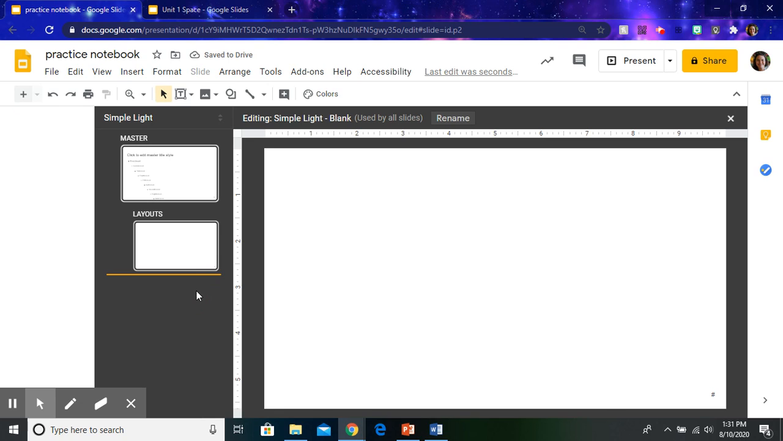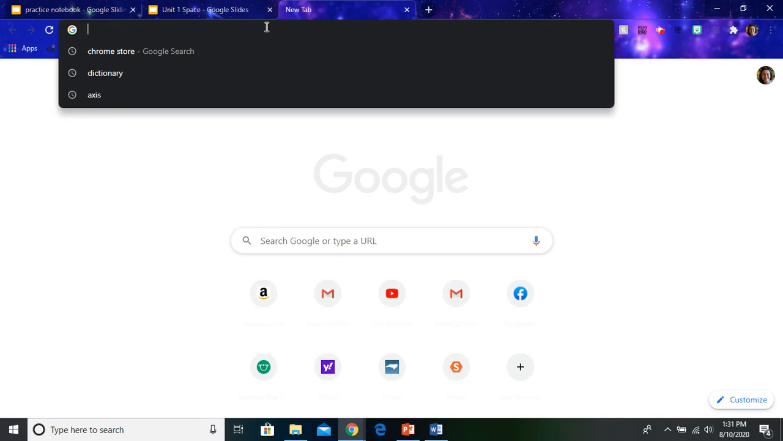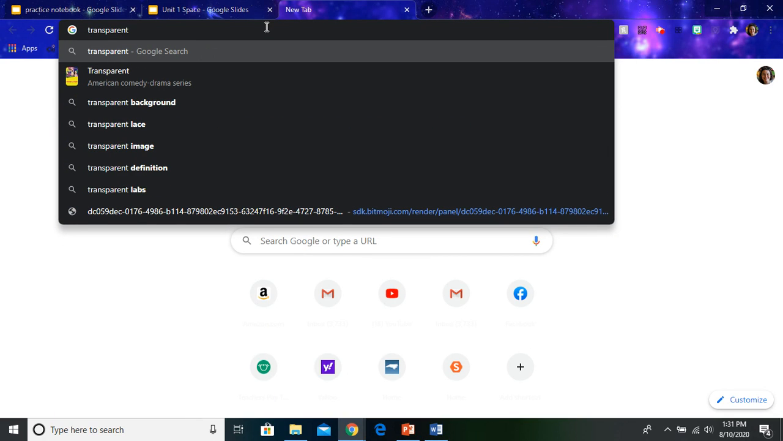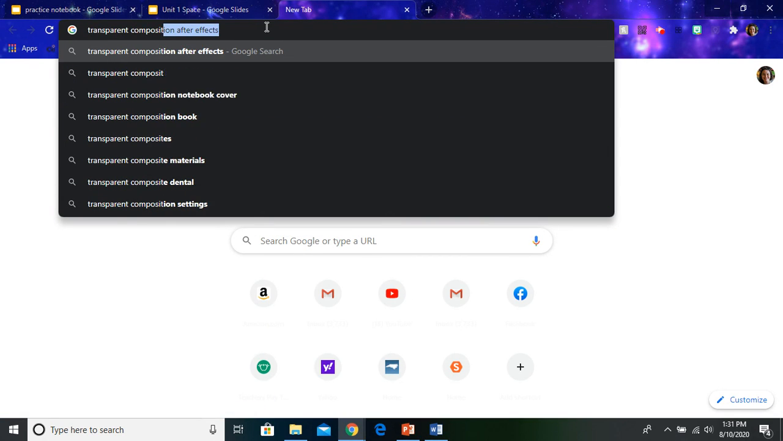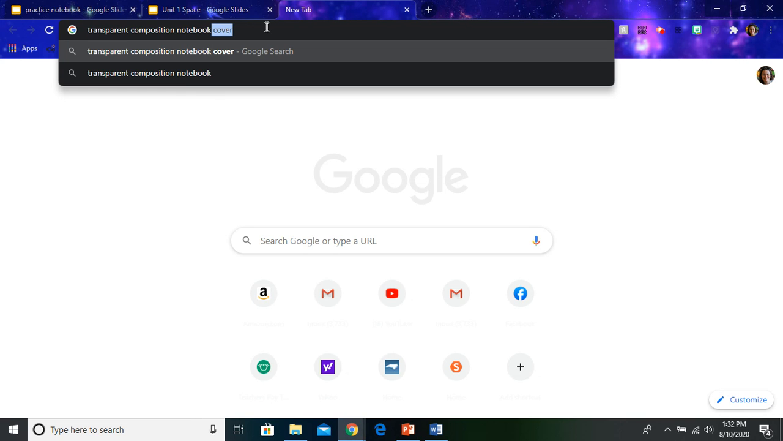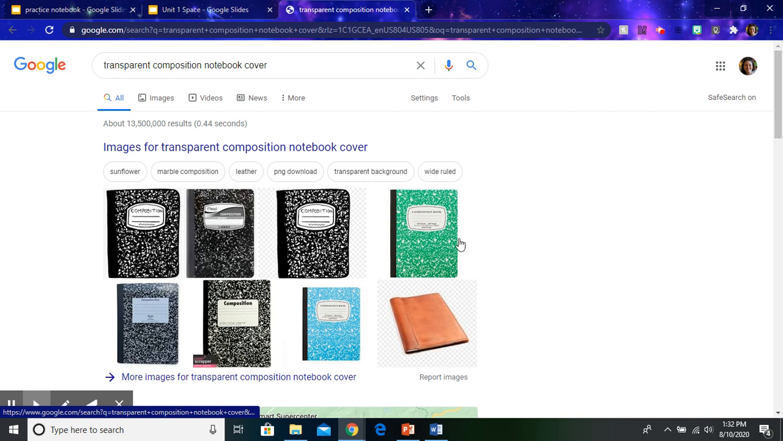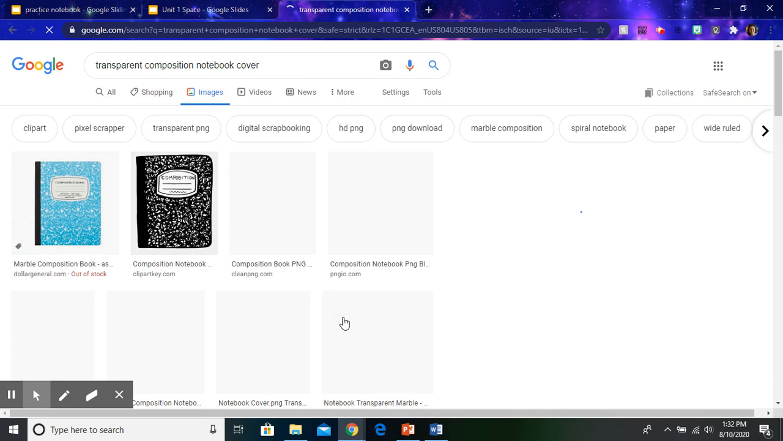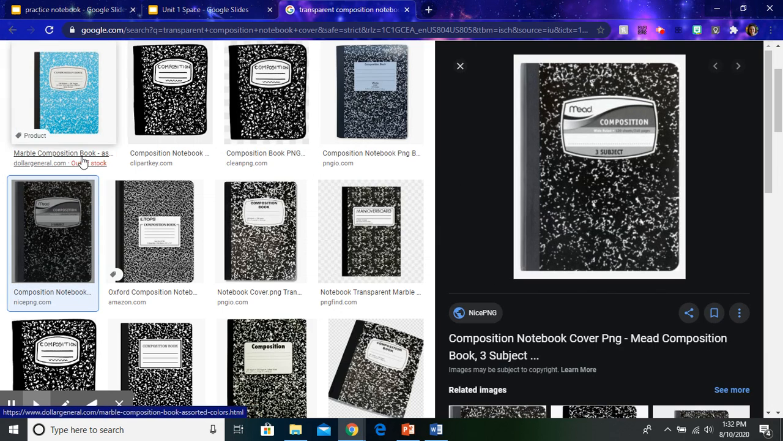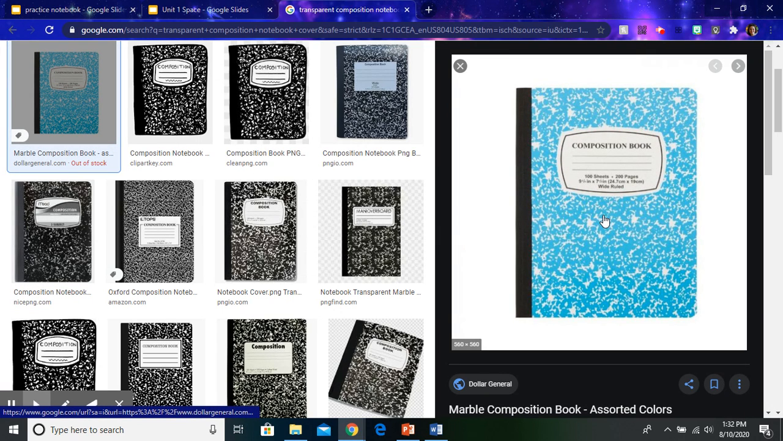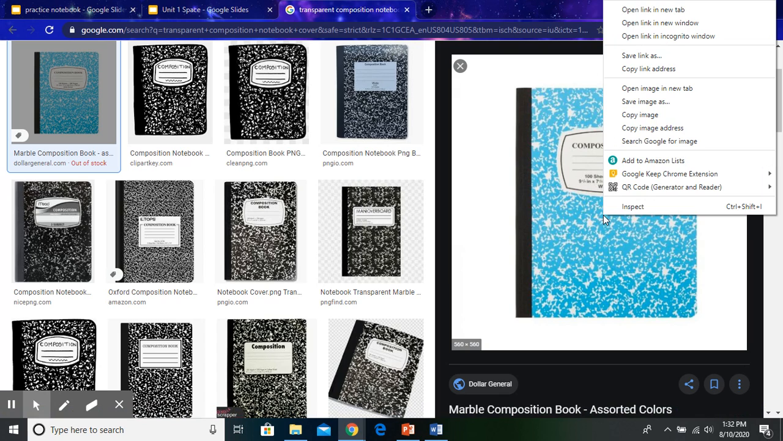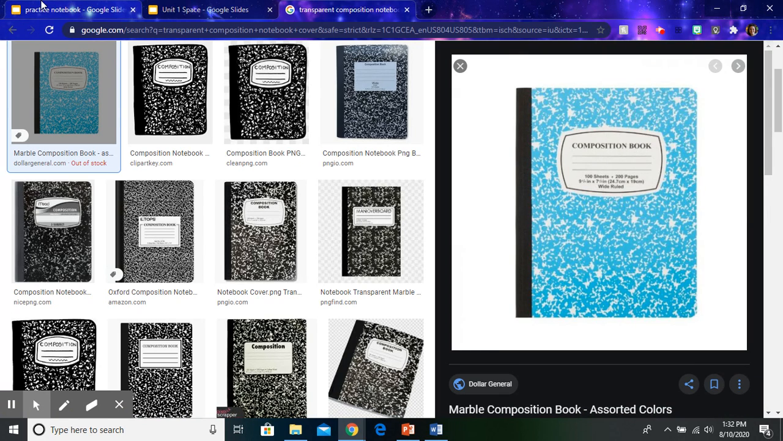So to create your notebook, what you need to do is insert a notebook. And the best way I have found to do this is just go to Google and type in transparent composition notebook cover. That works. Right, and then you're just going to pick one. So let's say you want to do this pretty blue one right here. Okay, yes, that's beautiful. I want to do this pretty blue one. And you're just going to copy this, copy image, and paste it